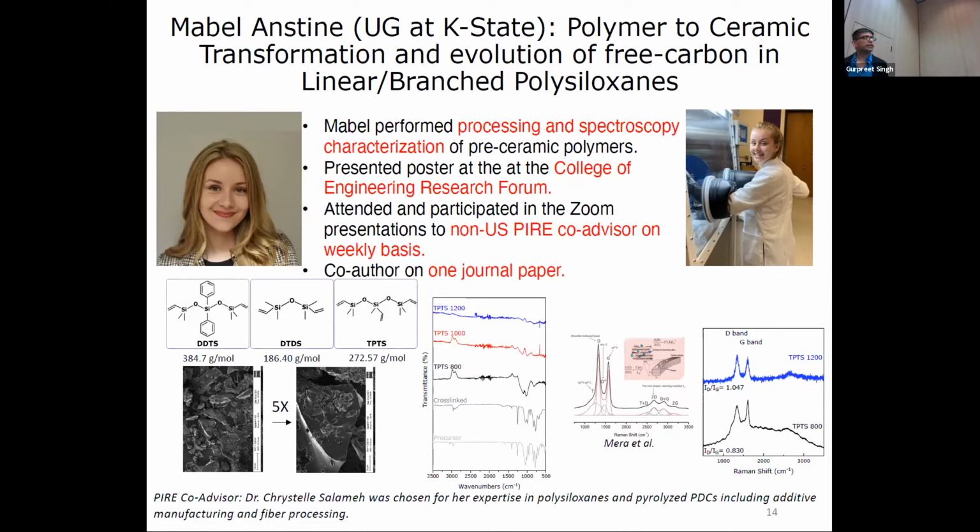That's one. And then the mass yield of the ceramic correlates with the molecular weight of the pre-ceramic polymer. So higher is the molecular weight, the higher the yield. For example, EDTS has the highest ceramic yield compared to, for example, DTDS. And then another observation was that,